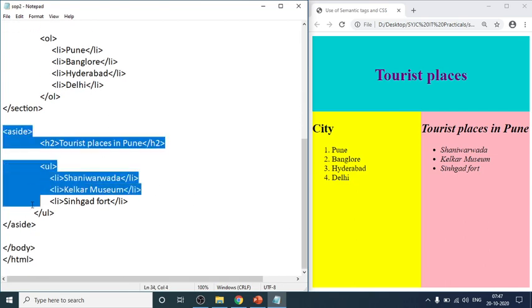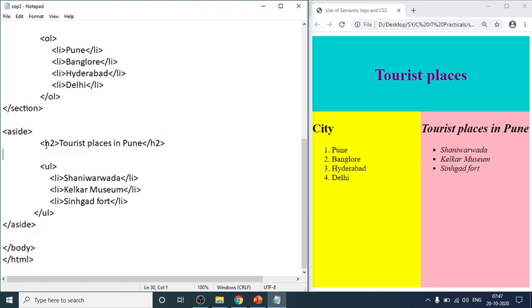In aside we have taken a second level heading, that is tourist places in Pune, and this is your UL tag, the bulleted list. In UL, LI Shaniwar Wada, LI close, LI Kelkar Museum, LI close, LI Sinhagad Fort, LI close. Closing the UL tag is necessary. So closing the UL tag, the aside tag, the body tag and the HTML tag.